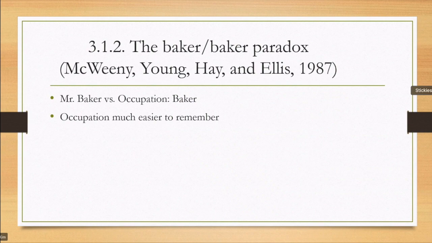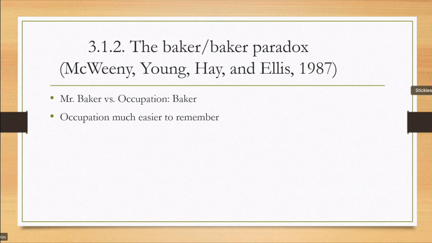Here we go. So the Baker-baker paradox, that's the Mr. Baker. Remember in the class we had a picture of Mr. Baker and the occupation. The person's profession was being a baker. And we saw that the occupation is actually much easier to remember for some reason than the actual name, which was a bit weird, even though it's the same word,